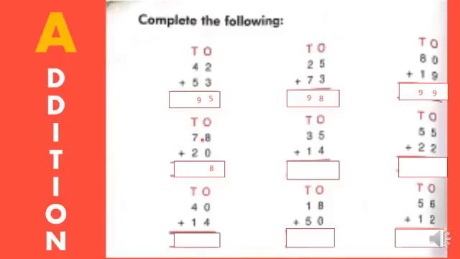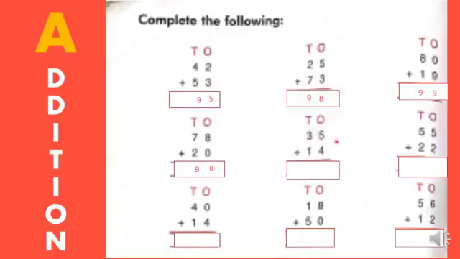Next we'll go to the tens place digits. Here they given 7, 2. Which number is the bigger number, children? 7. So you should keep 7 in your mind, 2 in your hand. Open 2 fingers, children. 7 after 8, 9. So the answer is 9. Okay. We'll go to the next one.